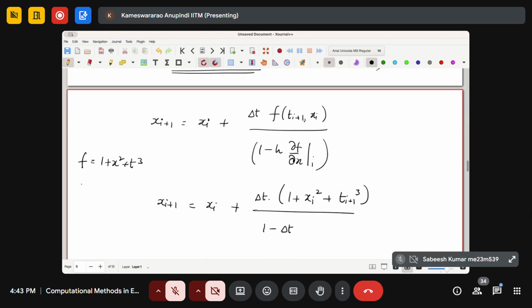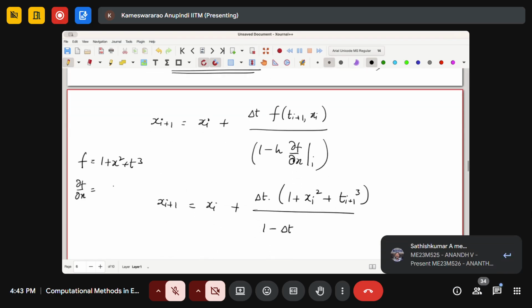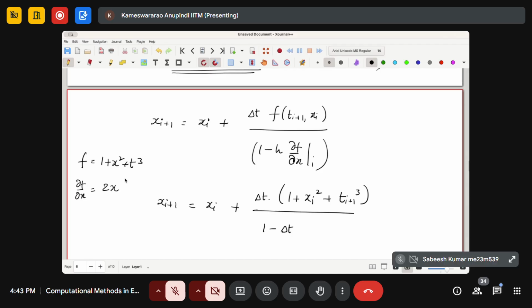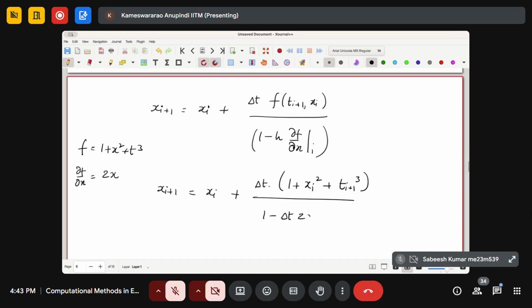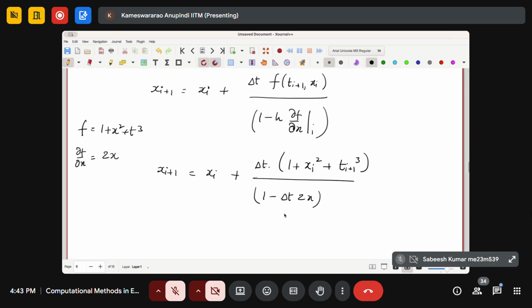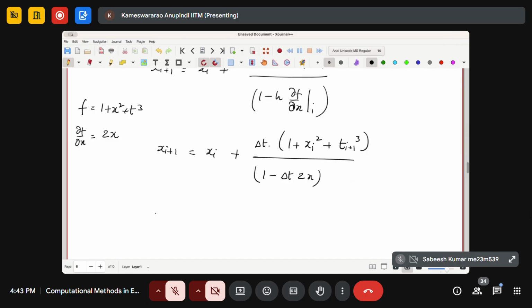Then what would be partial f partial x? That is differentiating with respect to x, and everything else is a constant. So this is 2x. That means minus delta t times 2x. That's what we have, so this is the expression. Now in this, you see that there are no nonlinearities. x_i squared is known. So that means I can write my x_{i+1}, which is